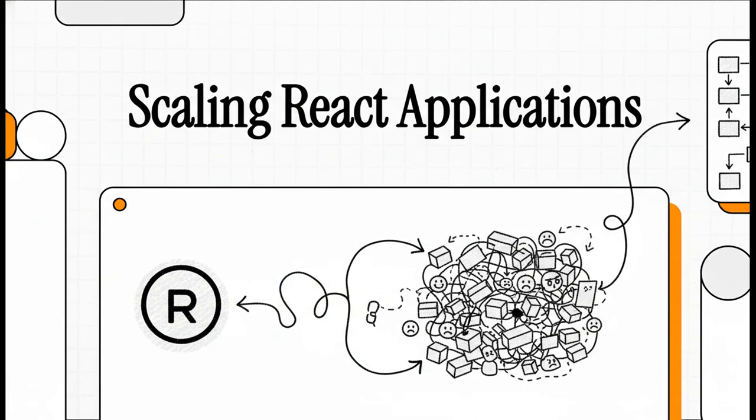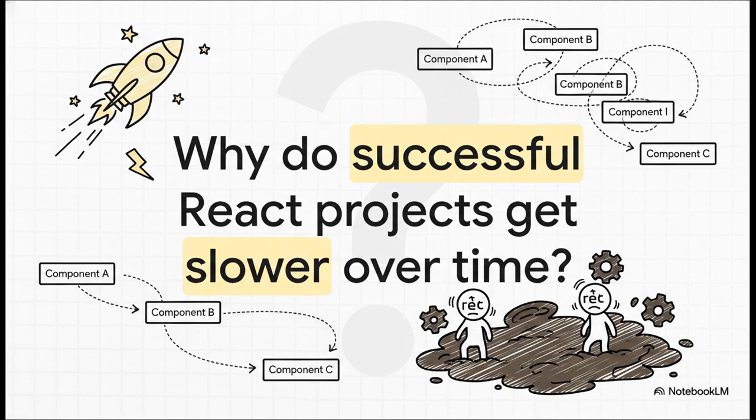All right, let's talk about something real, a problem that pretty much every successful React team hits at some point, that slow, creeping chaos that just takes over a big code base. You know the feeling, right? You start a new project, and everything's fast, clean, just zipping along, and then boom, 6 months in, and adding one tiny feature feels like you're wading through concrete.